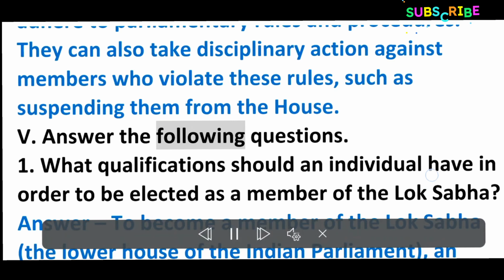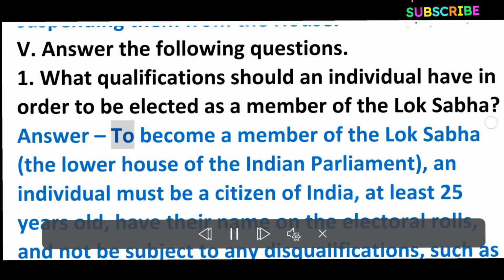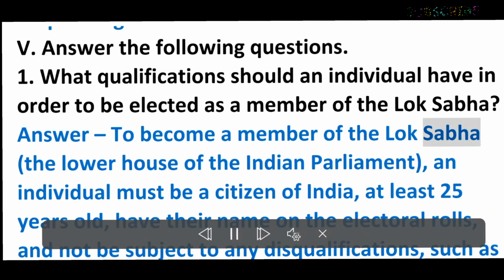Answer the following questions. 1. What qualifications should an individual have in order to be elected as a member of the Lok Sabha? Answer. To become a member of the Lok Sabha, the lower house of the Indian Parliament, an individual must be